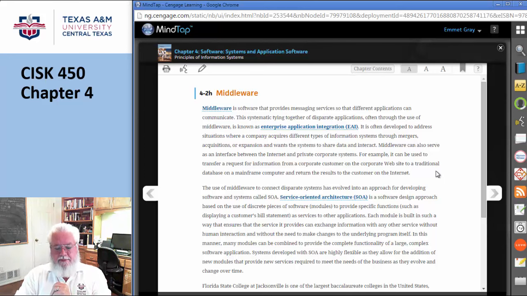So the way I look at it, this is like the universal translator. I put something into the pipe, it translates it and goes to the big boy. The big boy sends something back down the pipe, the guy in the middle translates it and sends it back. So the universal translator was very, very important at the beginning when all these systems were kind of disparate. That's not normally the case now.